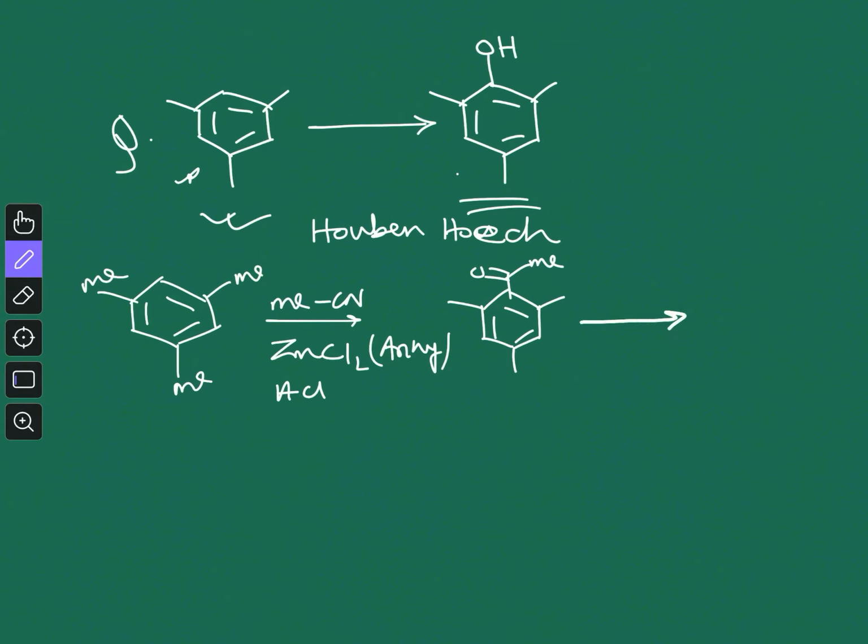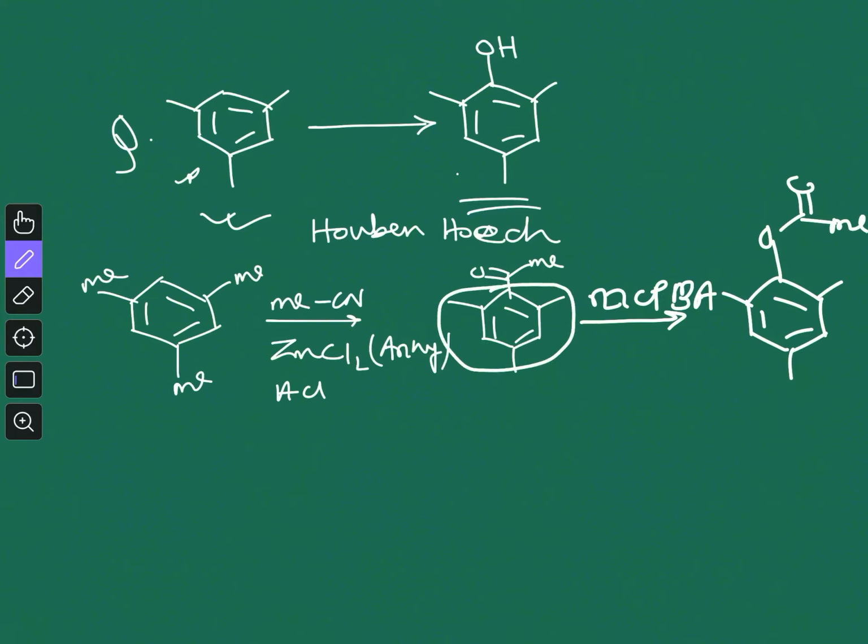In the second step, again we will use a very common name reaction, and you all know that it is a rearrangement reaction, and that is nothing but the Baeyer-Villiger oxidation. You can use MCPBA, metachloroperbenzoic acid. On this ketone, if you do the Baeyer-Villiger oxidation, you will get this ester, and I don't have to tell you about the regioselectivity of this Baeyer-Villiger oxidation, because you know that this group has higher migrating aptitude, so you will get this ester. And now the final step is the ester hydrolysis reaction.